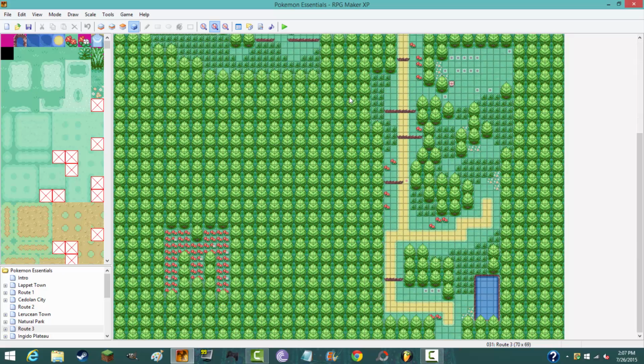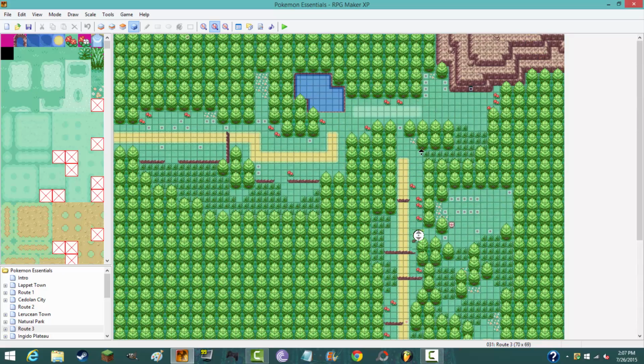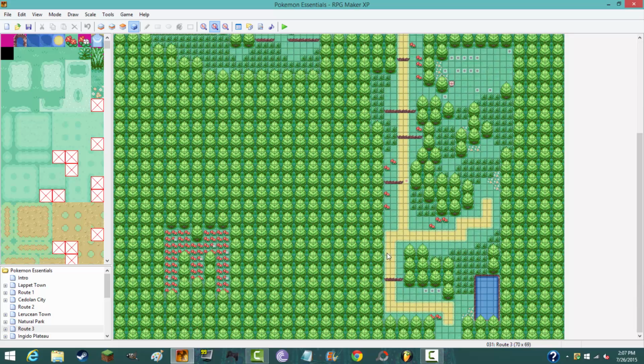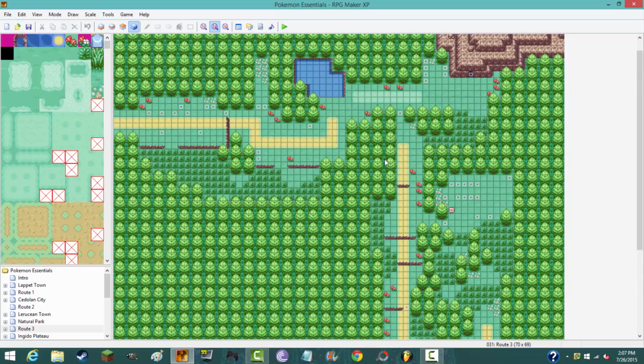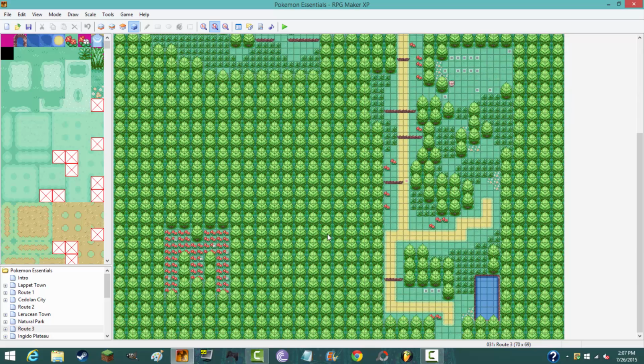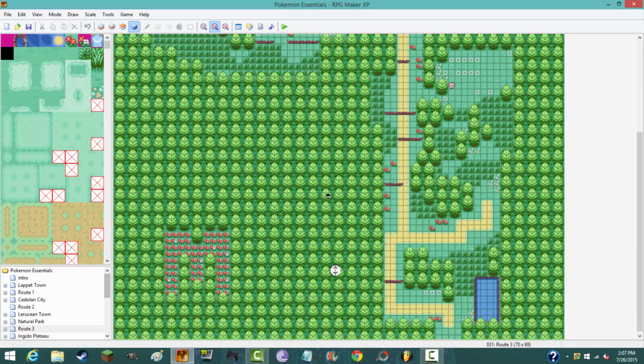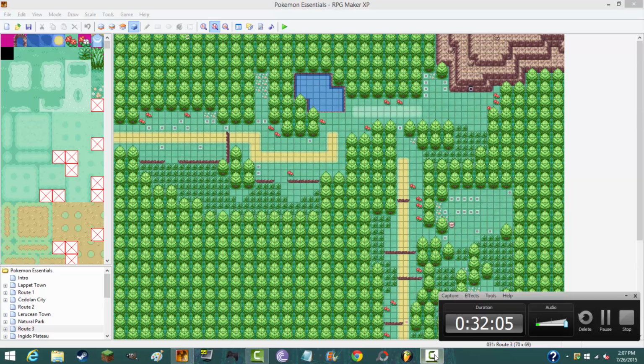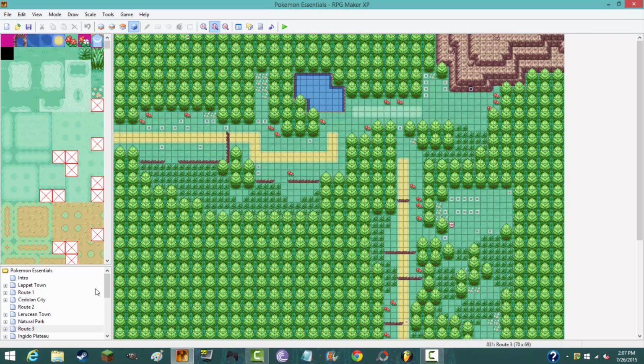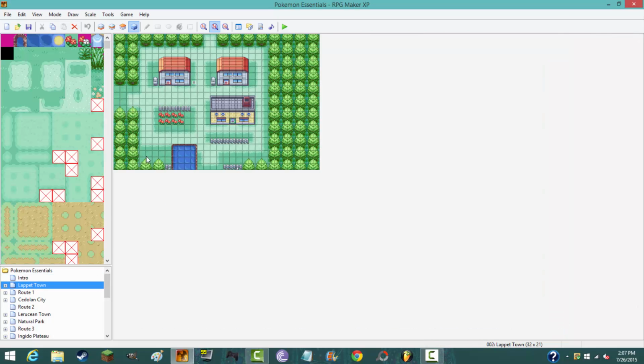And this is a map made as a replica of Route 2 from Gold, Silver, and Crystal, HeartGold and SoulSilver. And this looks really nice, actually. And yeah, how much time is it? 32 minutes. Oh, jeez. Okay, well, take my pointers with a grain of salt, because there's got to be a lot more stuff,